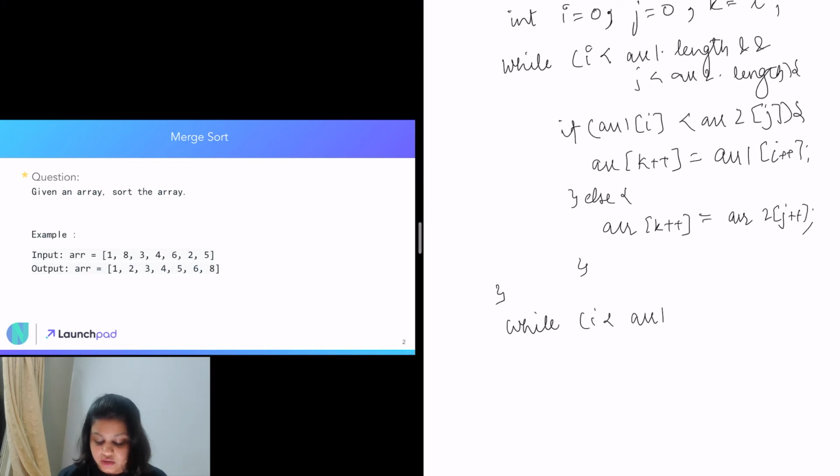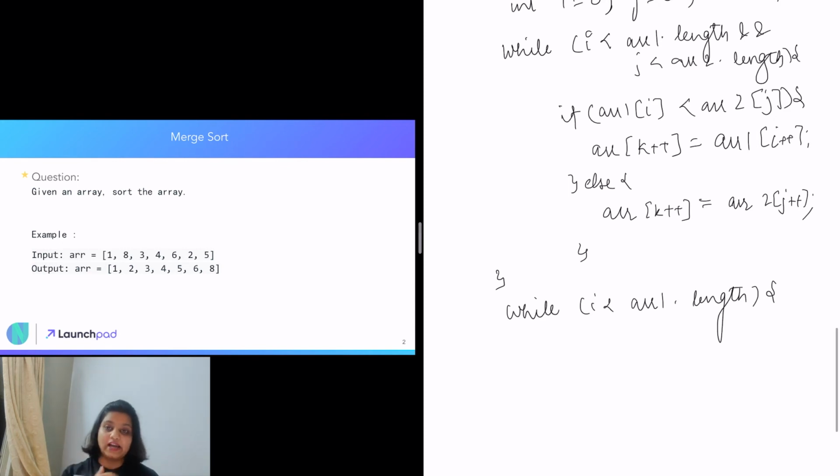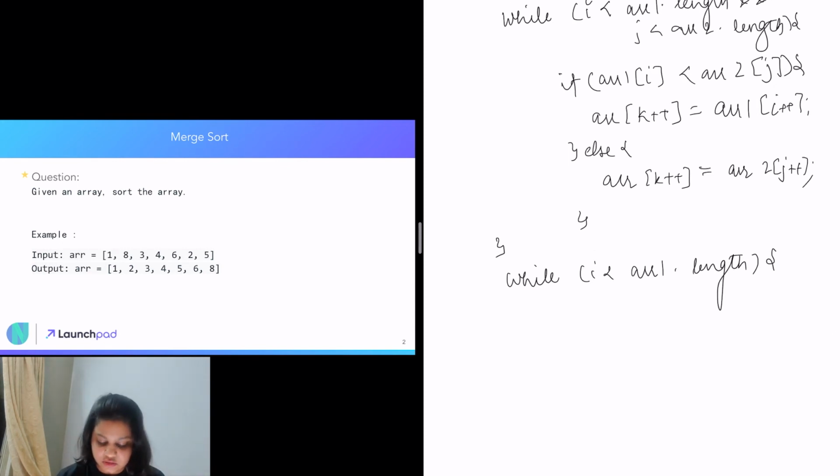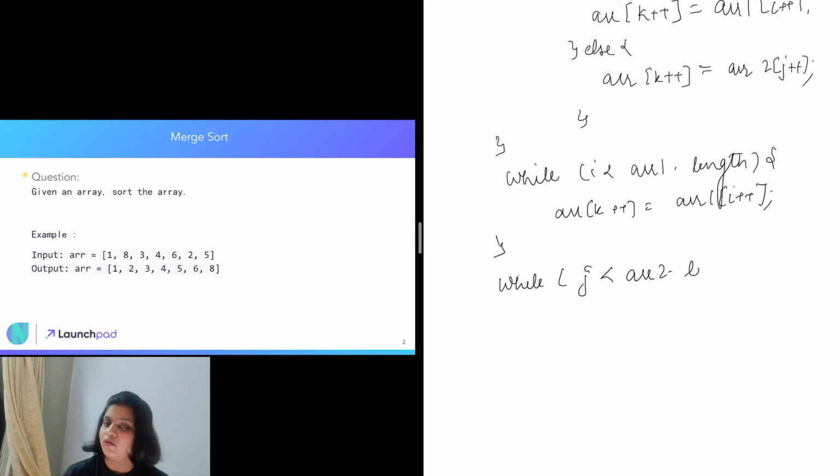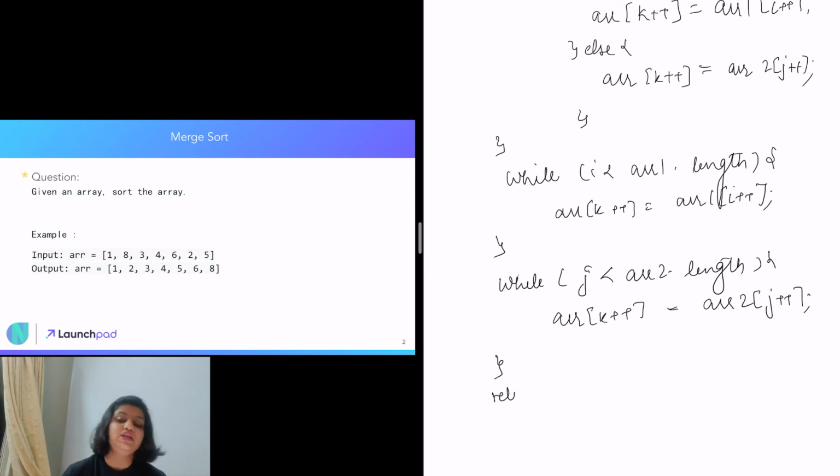So it can be either array 1 or array 2. So we are going to write the while condition for both of them: if i is less than array 1's length, in that case we are just going to insert array 1's elements till the time all the elements are inserted. Else if array 2 elements are not inserted, we are going to insert them till the time all the elements are inserted in our array. And then we are going to return it, and now the array from index L to R is actually sorted.